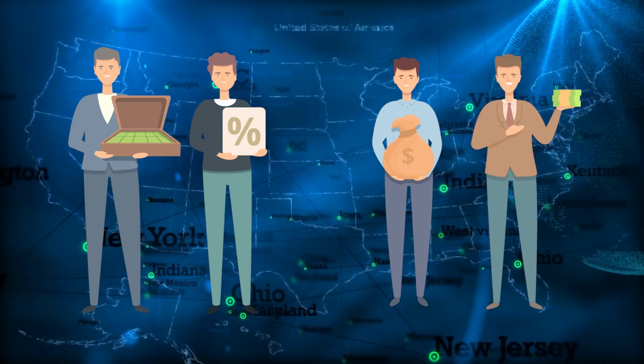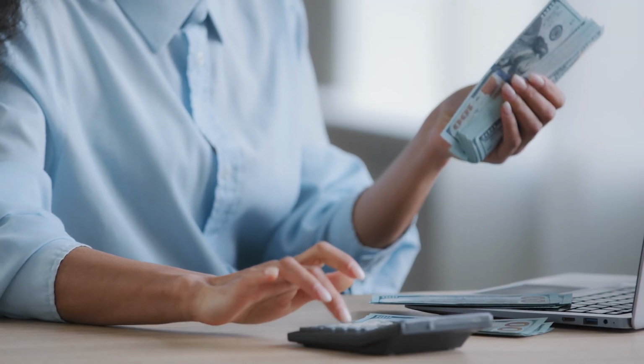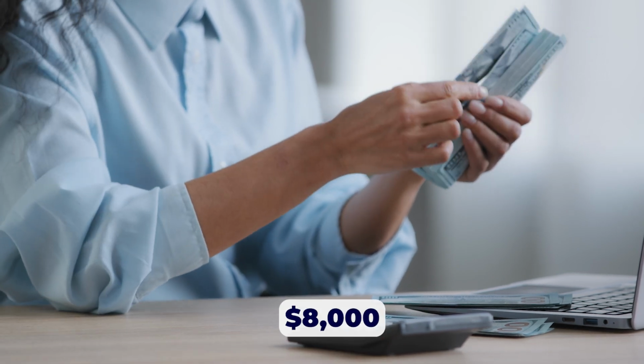So it all changes, but this is a general estimate and explanation of what the costs are and how much you will incur. Of course, I'm not a lender, but if you are looking to purchase, talk to your lender for any specific details. Now, getting back to it, like I mentioned, closing costs range from 2 to 4%. Keep in mind that whether your closing cost is 2% or 4%, it can add up. On a $400,000 house, if your closing cost is 2%, it comes out to $8,000 on top of your down